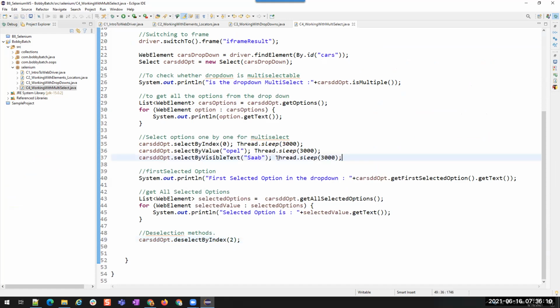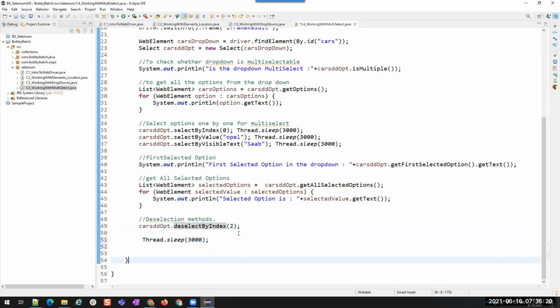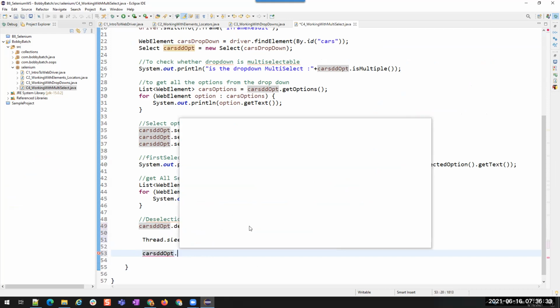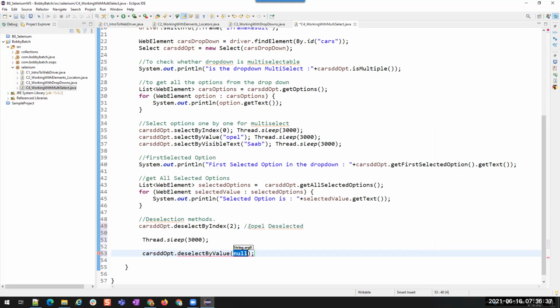After this, I'll add some gap, since there is already a 3 seconds gap. I'm deselecting Opel by using its index. Opel deselected. And then I have the deselect by value option.